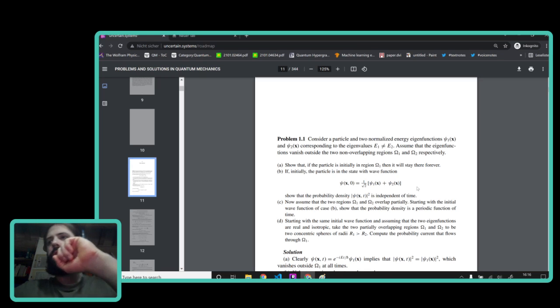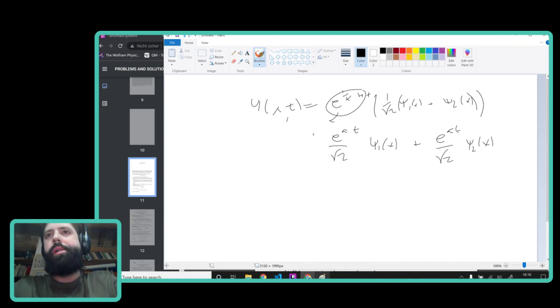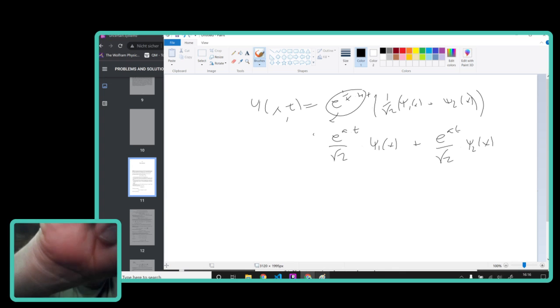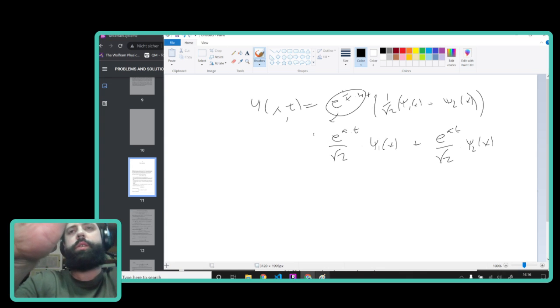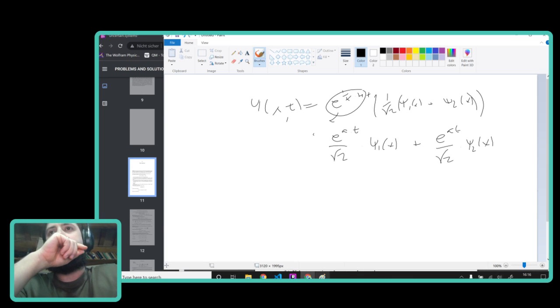Now the whole thing here is that this thing is complex, right? Sorry, this is the solution, right? It's minus i times E times t divided by h bar. So A is complex, and the time is complex. So this means that the conjugate, basically, these times its conjugate, and so you're going to have